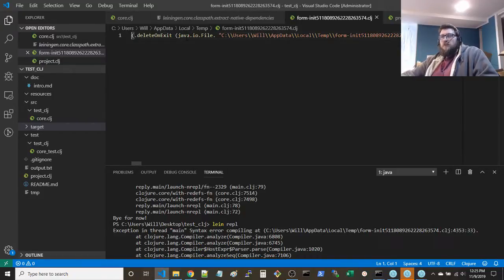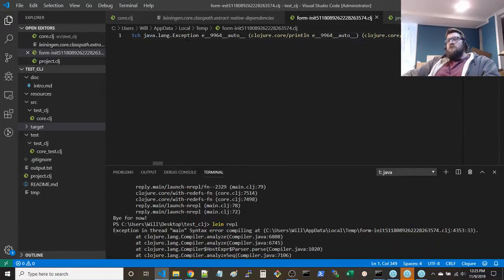I want to go lay down. Delete on exit. Java file, do set 1 on reflection, do quote, try, acquire, exception, auto, Clojure when not, resolve.